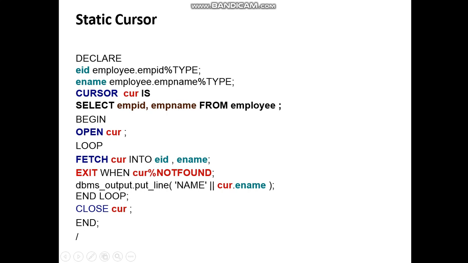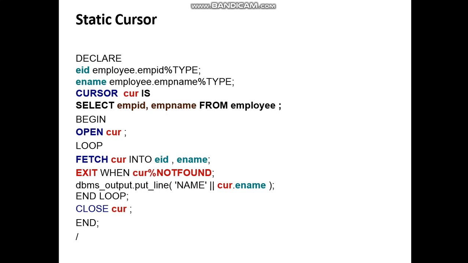Similarly ename will have the data type defined at the time of creation of the employee table, suppose varchar 20. So we don't have to separately assign the data type or look for the specific data type assigned while creating this employee table.